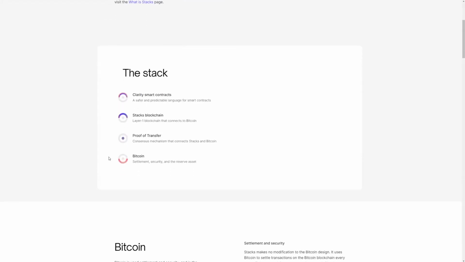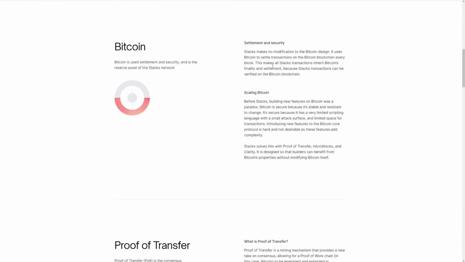So the main points are the Clarity smart contracts, the STX blockchain, the proof of transfer mechanism, and also Bitcoin itself. They use Bitcoin to settle transactions on the Bitcoin blockchain every block. So this makes all their transactions inherit Bitcoin's finality and settlement, because obviously they can be verified on the blockchain. So they are scaling Bitcoin's secure, stable and resilient blockchain by using the proof of transfer mechanism instead